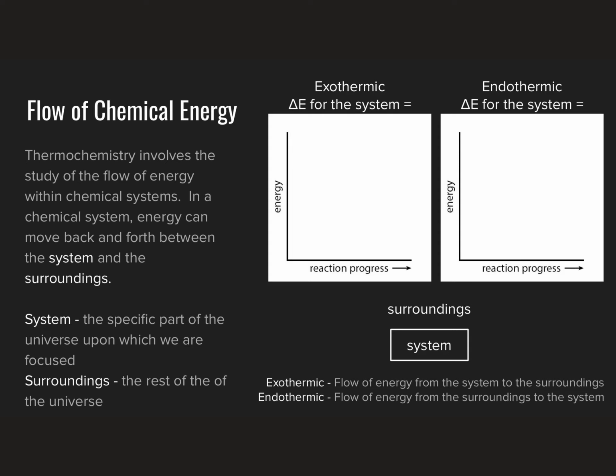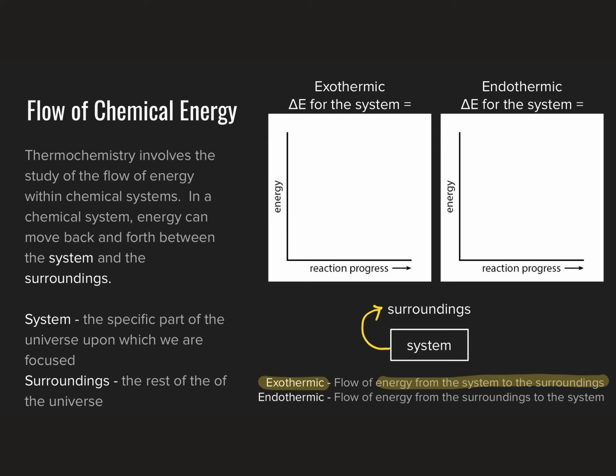And we want to understand how various different chemical processes can either transfer energy from the surroundings into the system or from the system into the surroundings. And these are some familiar terms you probably remember from first year chemistry here. We define a chemical process that shows a flow of energy from the system into the surroundings as an exothermic